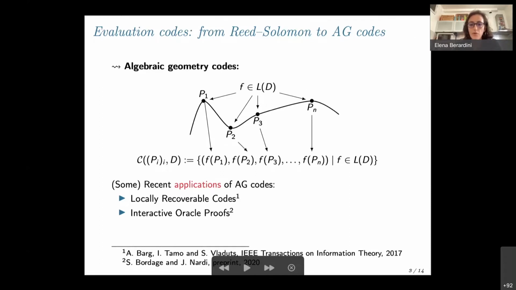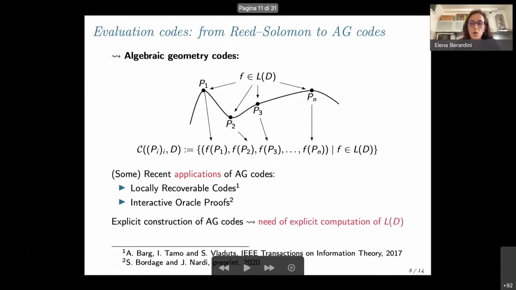And so, of course, in order to construct these codes, to use them, we need to make an explicit computation of these spaces of functions